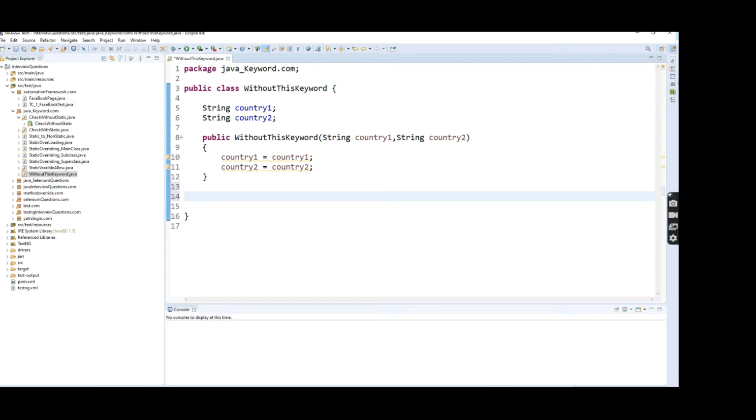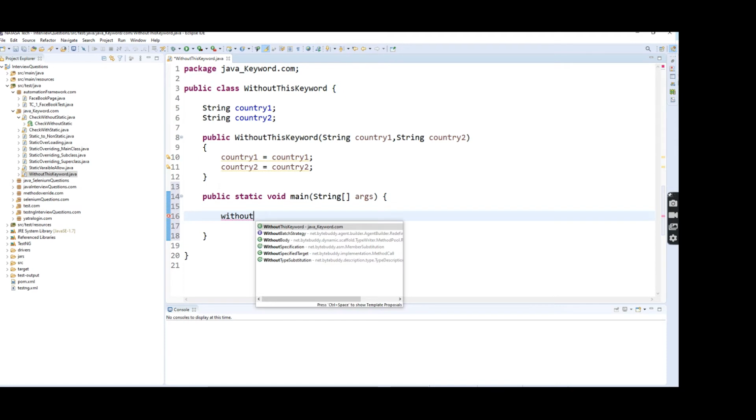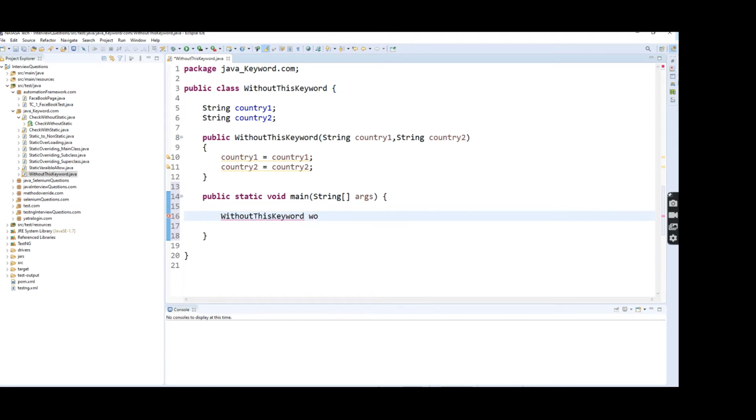Now I am going to execute this constructor. Here I am going to create a reference variable for this class name, equal new Without. Here I'm going to pass two arguments, India, Russia. Now I'm going to print these values, right?